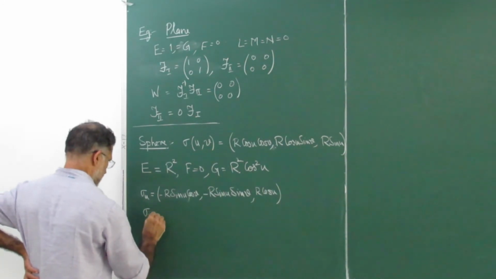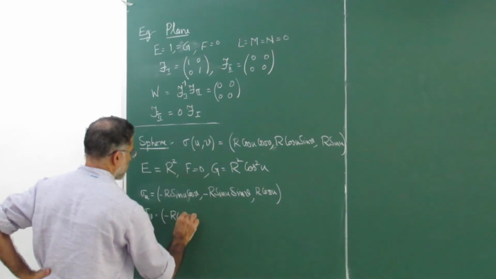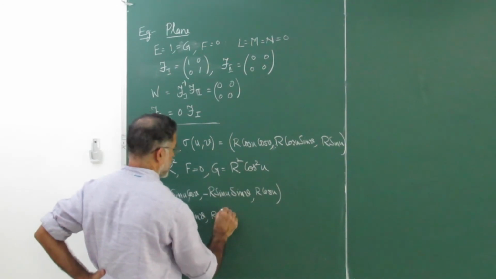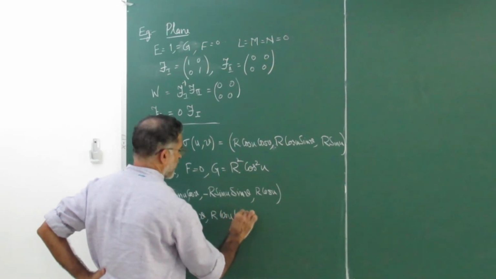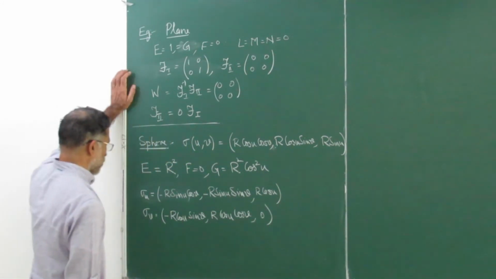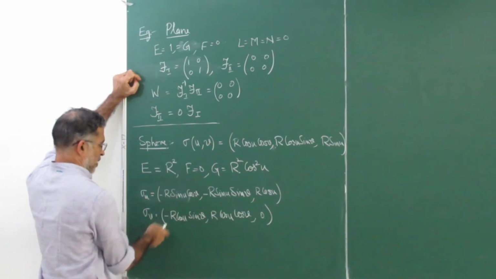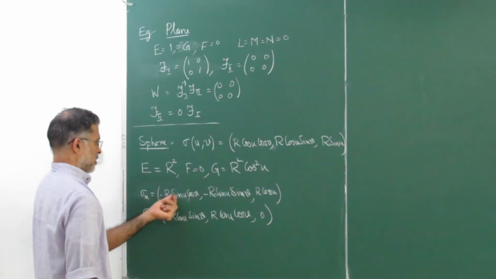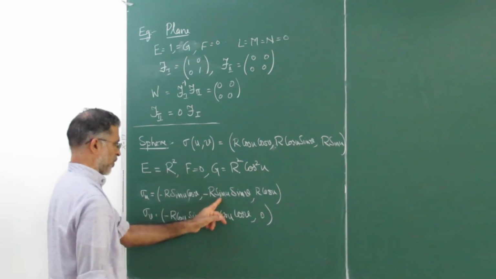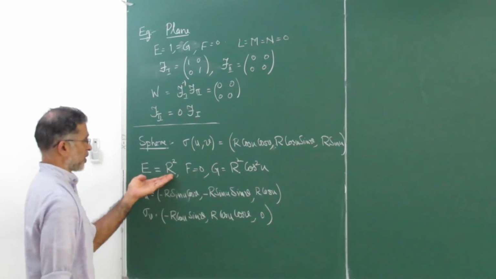Next is sigma v, which is minus r cos u sin v, r cos u cos v, and this is 0. So this is your sigma u, sigma v. In fact, this is how you get this: you look at the norm square of sigma u. The norm square will be the square of this, so cos square plus sin square goes, and you get r square sin square u plus r square cos square u. So r square, that's what you are going to get.